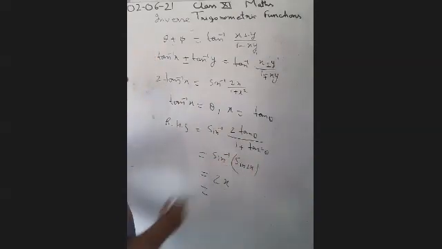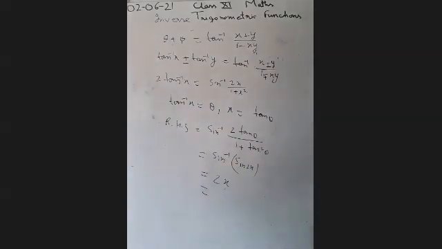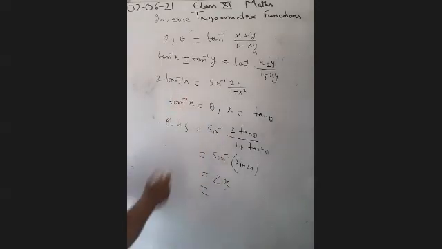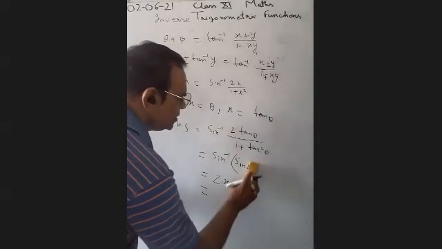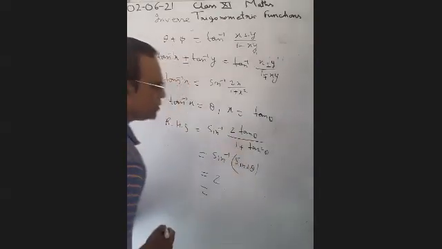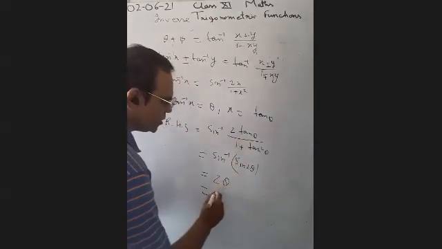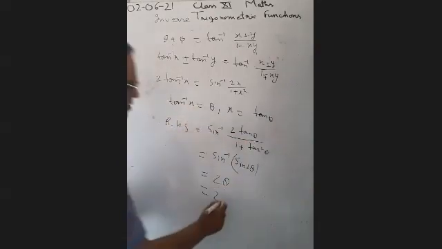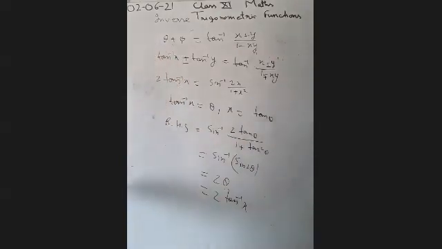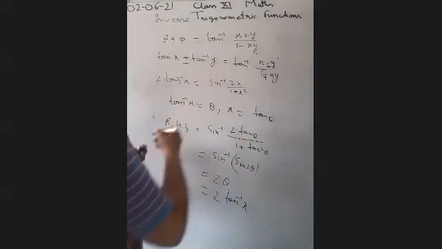So the sin inverse and sin cancel, and it is equal to 2 theta. This is written in terms of theta. In place of theta, we can write 2 tan inverse x. Similarly, the other two formulas you can prove yourself. So now we have finished this.